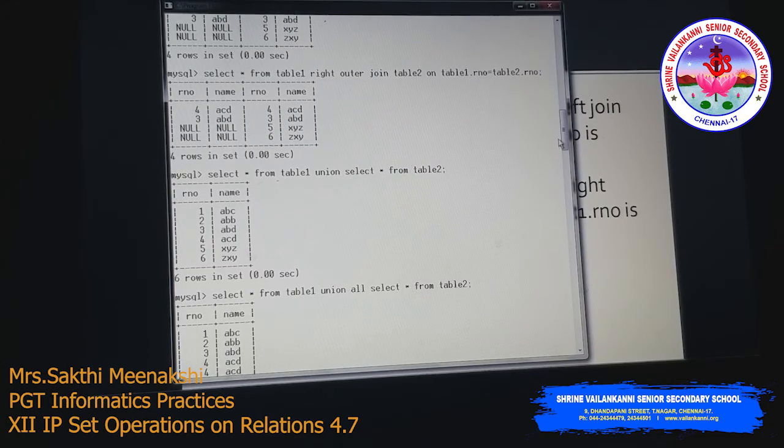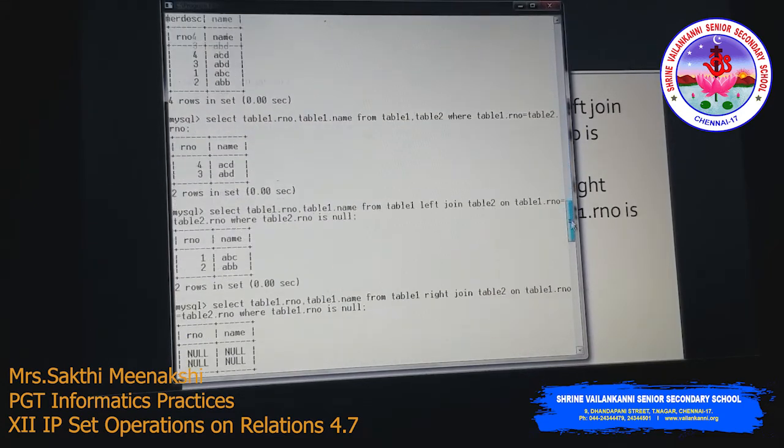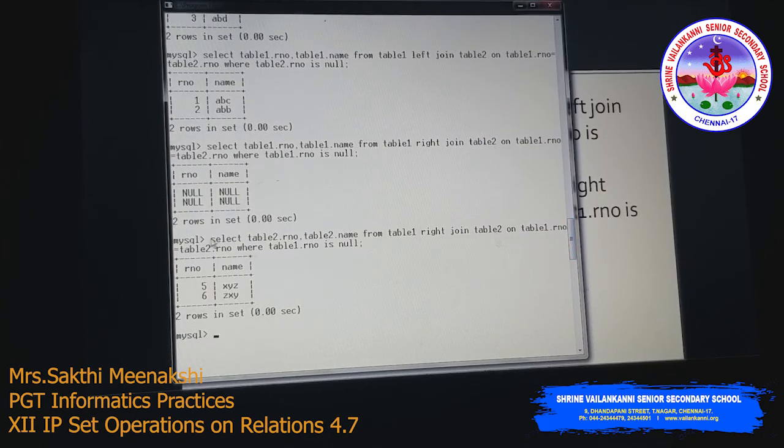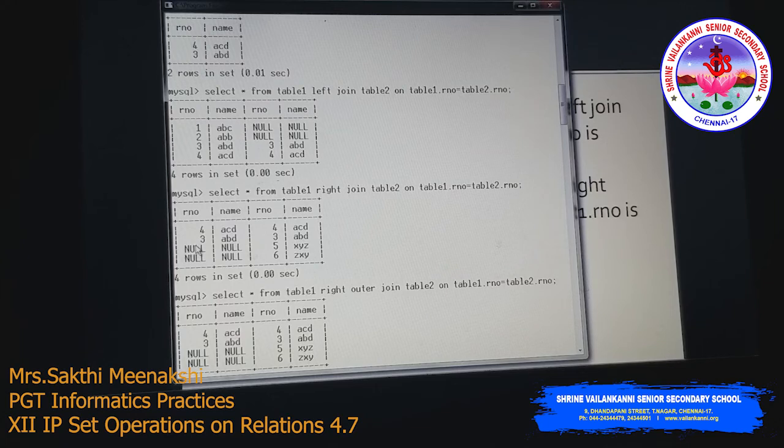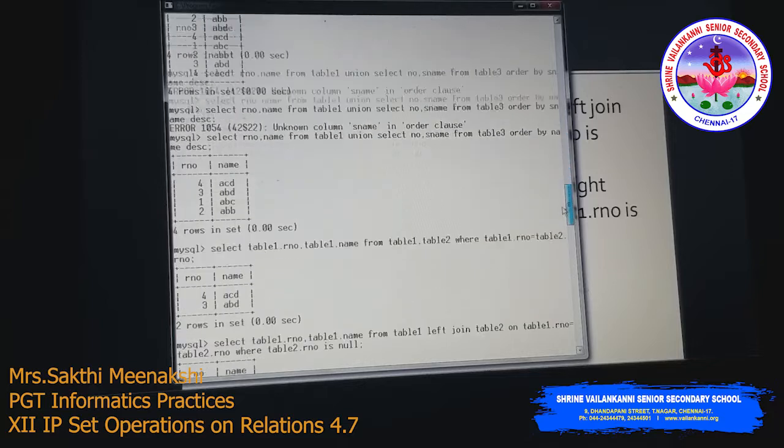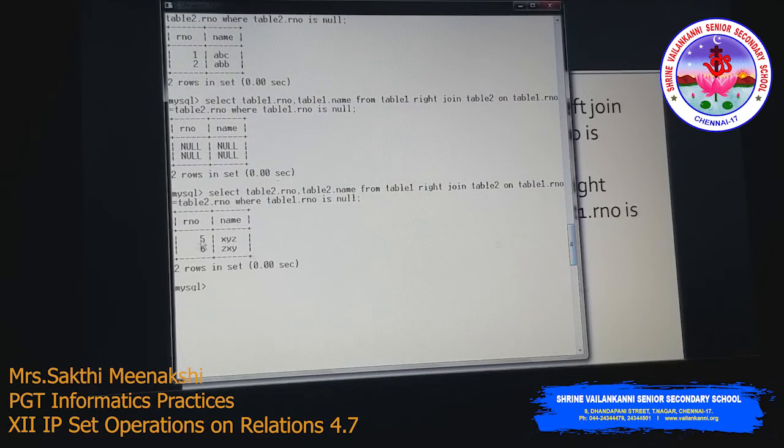So that is what we have done here: select table2.roll_number, table2.name from table 1 right join table 2 on table1.roll_number equals table2.roll_number, where table1.roll_number is null. Where will we get table 1 roll number is null? Here. So only these two records will be retrieved, 5 and 6. That is the output.